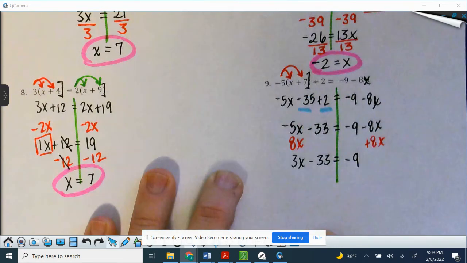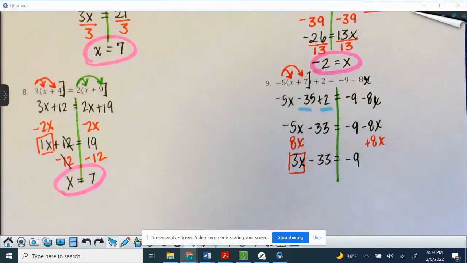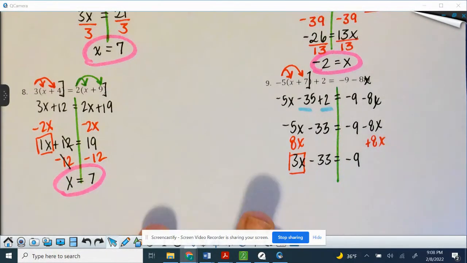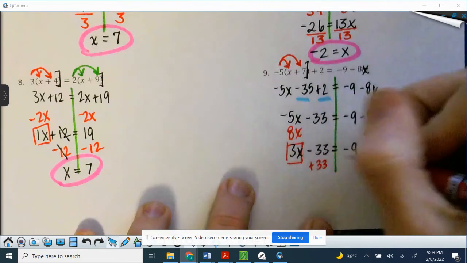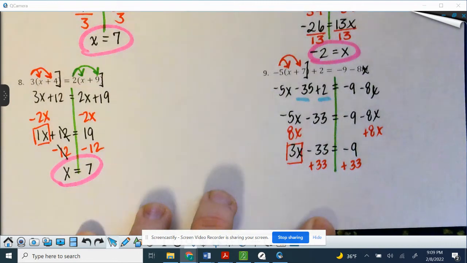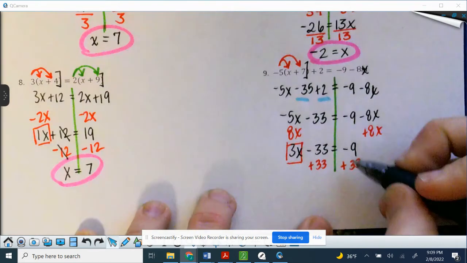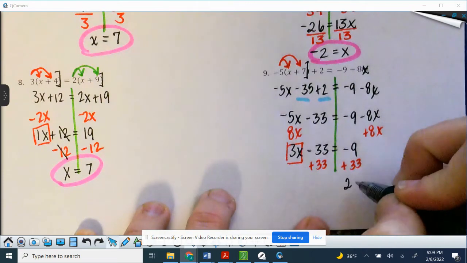Now here, remember, x is now by itself, or there's only one term that has an x on it. So we're going to move that constant negative 33 away from that x. So I'm going to add 33 to both sides, and then if I add 33 to a negative 9, it means I have 33, I spent 9, then I should have 24